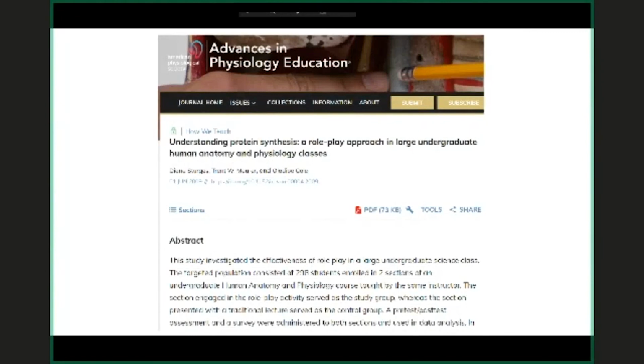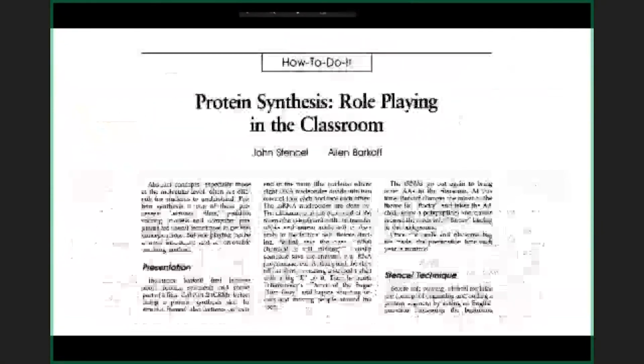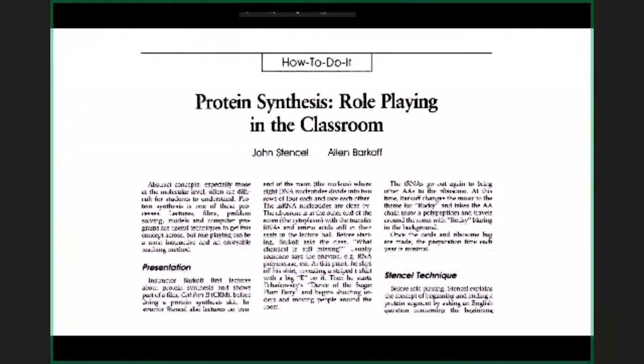They obviously separated them out to do this study, but the study was very well done with control groups and study groups, and they did pre and post test assessments on the effect of the role play, and they were able to give these different roles to the students to do to kind of showcase how it works. So that was a really neat thing to do,